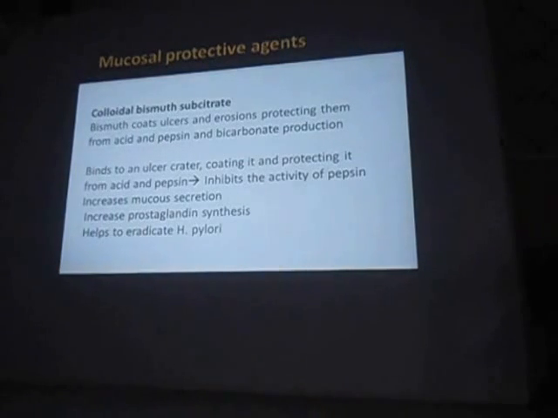Colloidal bismuth subcitrate, again one more mucosal protective. What it does, again, bismuth can coat this ulcer layer. Bismuth can produce a black staining of the tongue. Okay, once there is black staining, the patient will think something has happened to him, and blackening of the stools may be there. Okay, so blackening of the stools can be a differential diagnosis for our